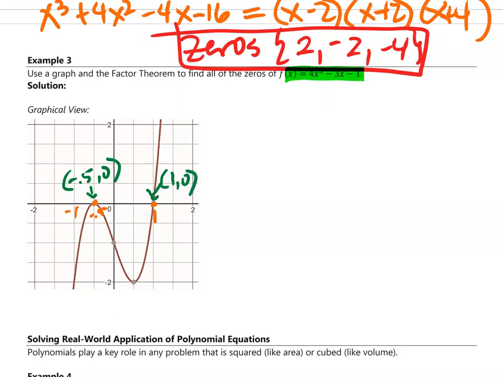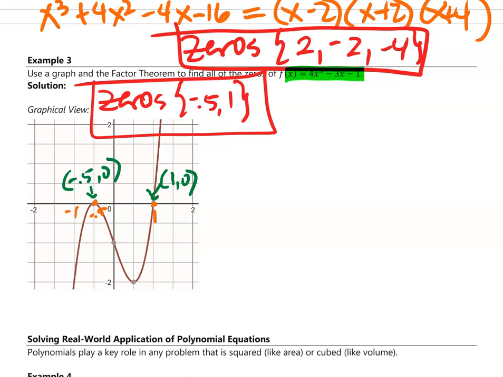So we know that zeros are -0.5 and 1. But we need to find all the zeros. I'd like to add, find the factors of the given f of x equal to 4x cubed minus 3x minus 1. So now that we know the zeros,